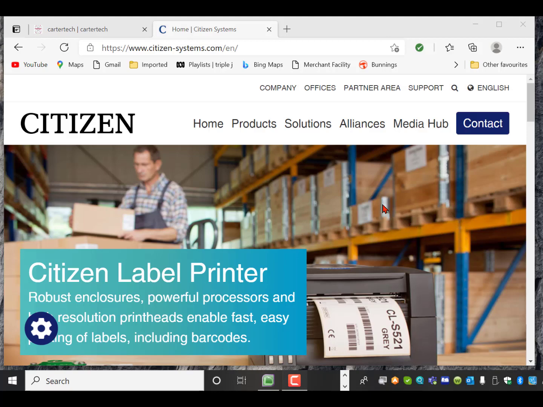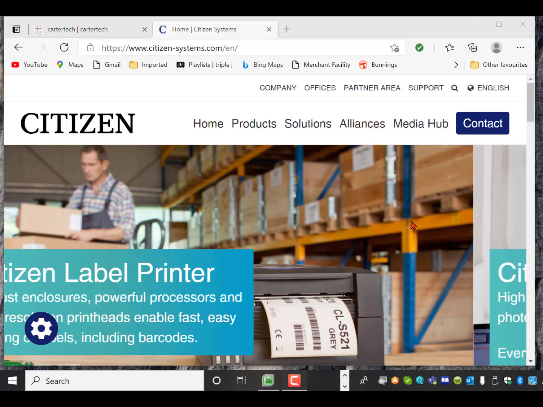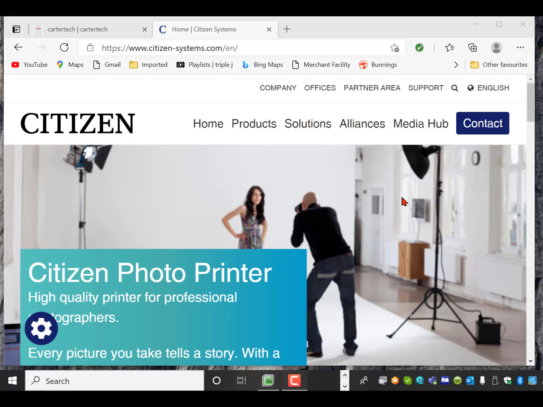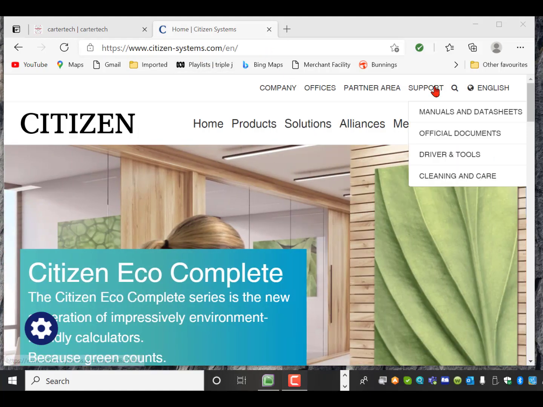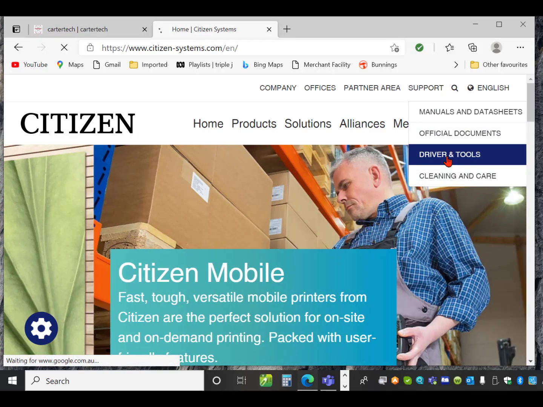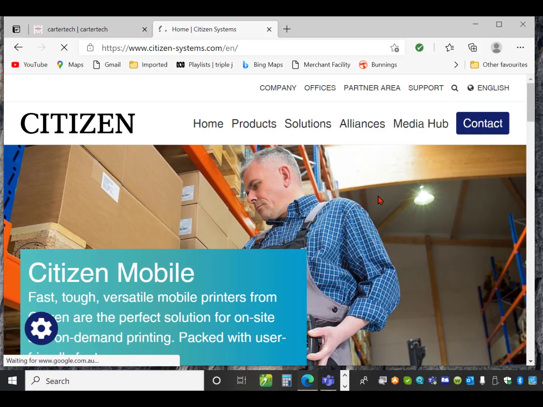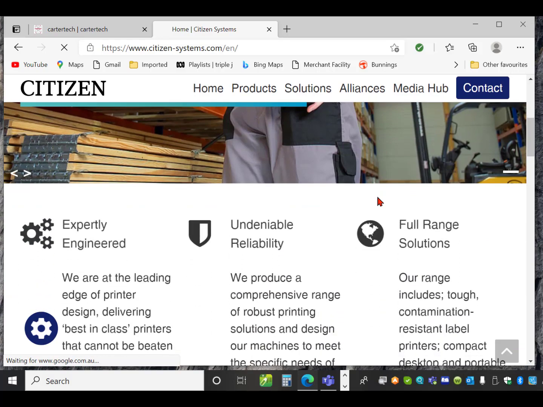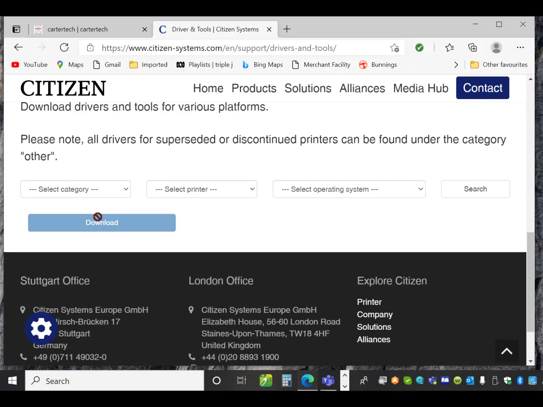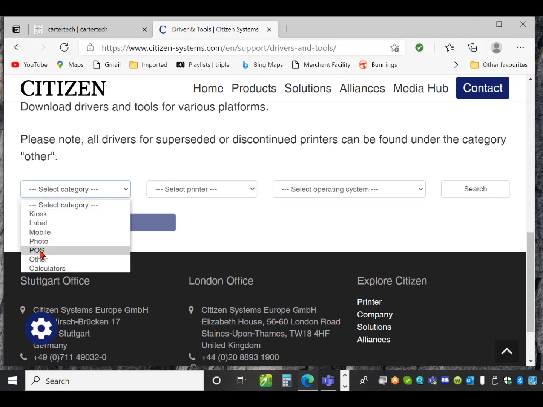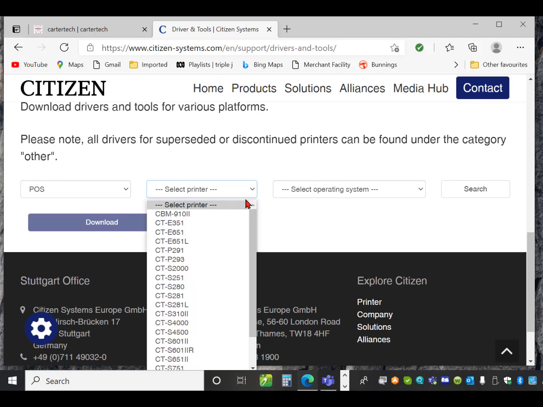Right, to download and install the printer driver for the Citizen CTS651 series printers, first of all we need to go to citizensystems.com. From here we choose support, driver and tools, and we go driver and tools, and now select category, which is POS, select printer,